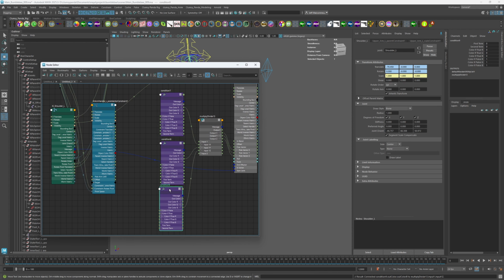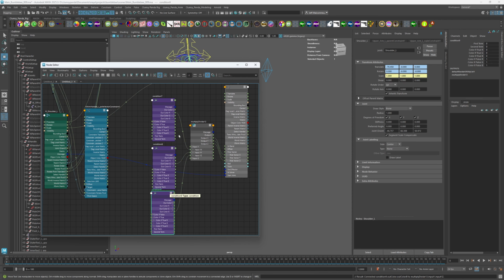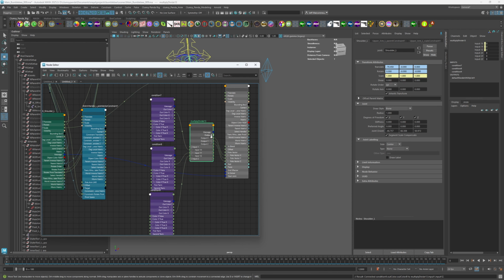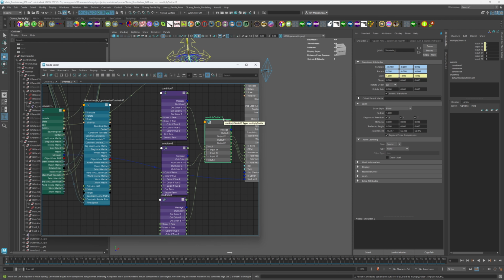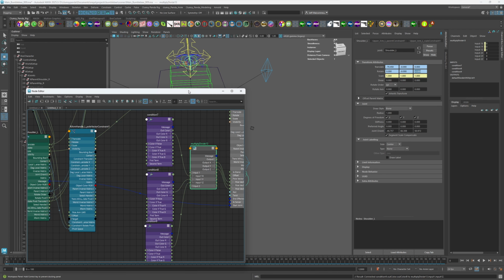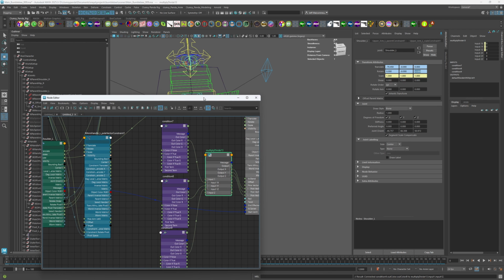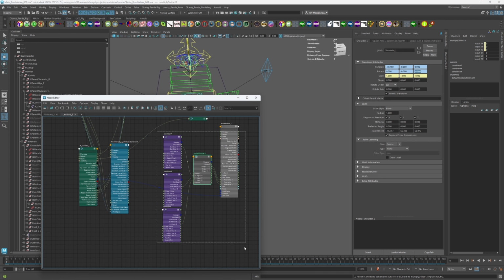Now that we have a condition that channels to all multiplier, again, you don't have to have the multiply divide. You can just plug in straight there. I like to have the multiply divide just so I can tweak just a little bit from there. So this is the number we want. We want it to be at 0 or close to 0. Now we can